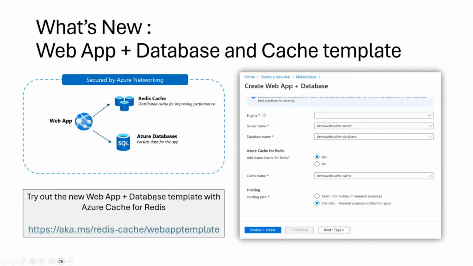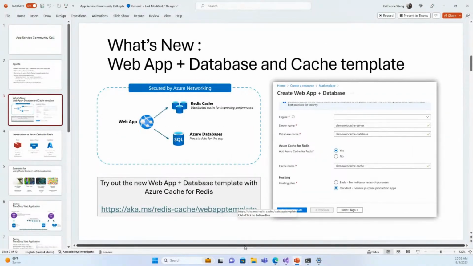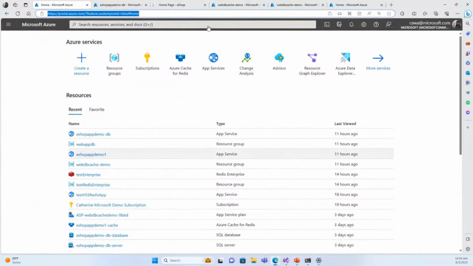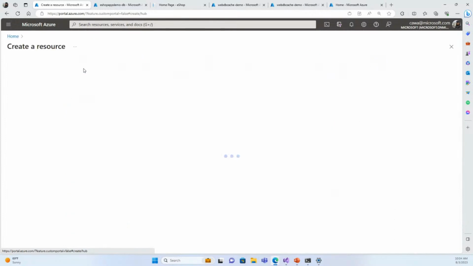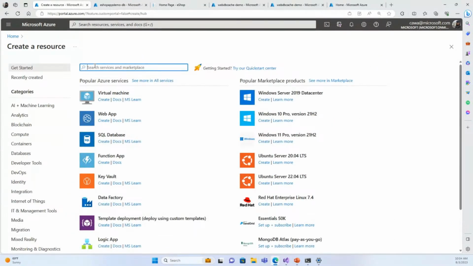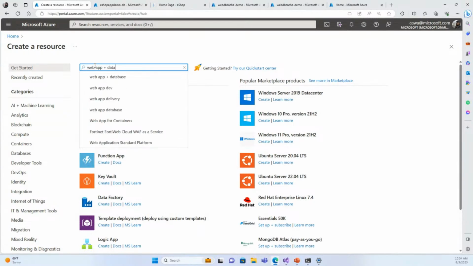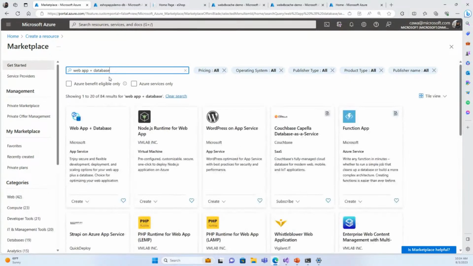And if you are starting from Azure Portal, like this is the Azure Portal. If you have an Azure subscription, you'll be able to see it easily. So go to the Create a Resource experience, and then search for Web App plus Database. It shows up in the search. The first template, this is where we added cache integration. If we say create,